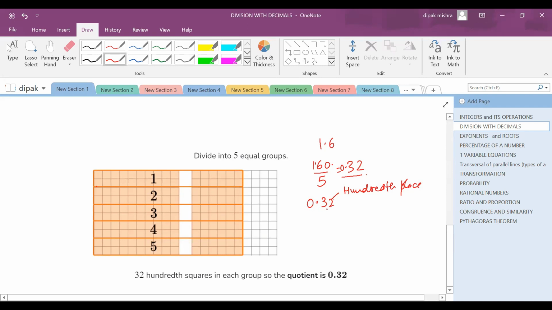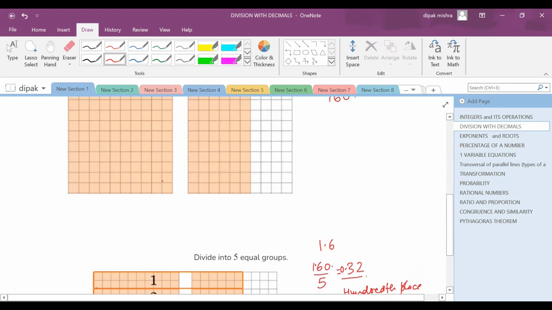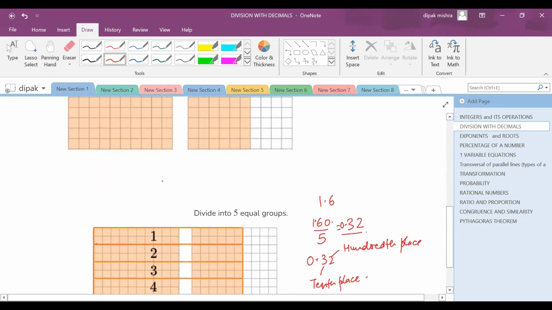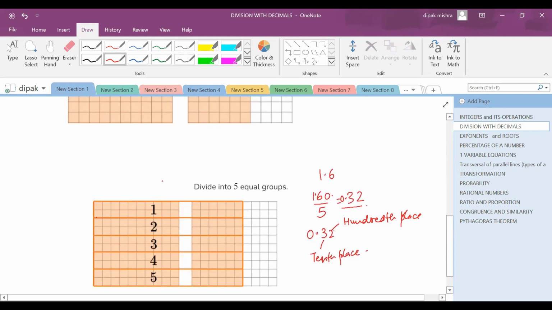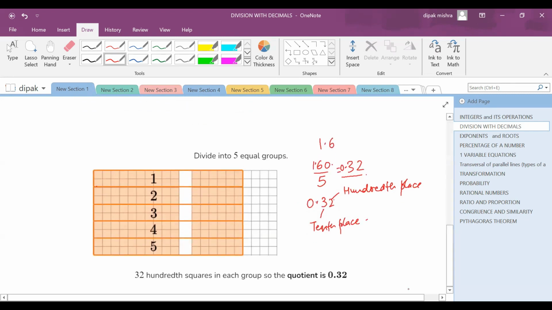So 0.32, where 3 is the 10th place and 2 is the 100th place, right? So we interpret this 100th place as a grid of 100 squares. Okay, so when you divide 1.6 by 5, it is equal to 0.32, and hence the quotient is 0.32,